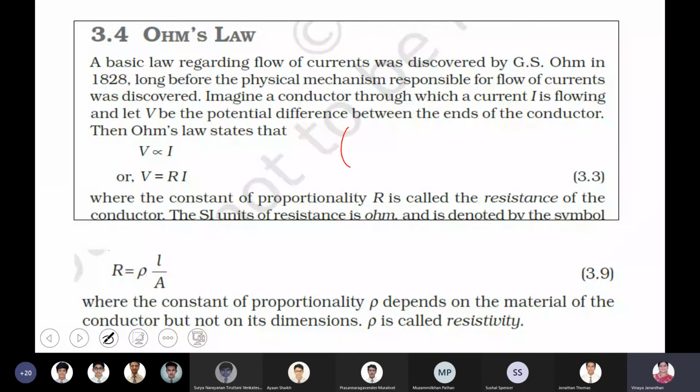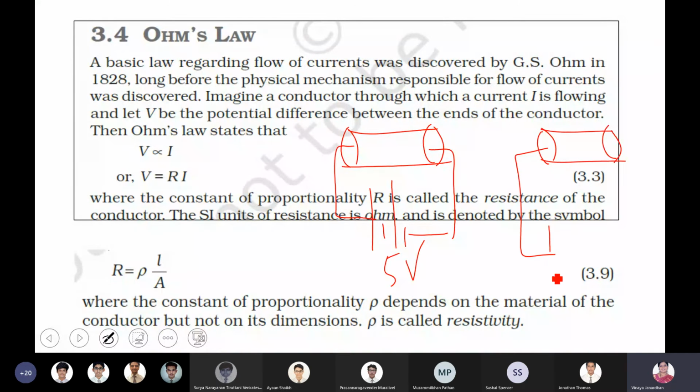Now, suppose I have a conductor which is connected to a 5-volt battery. I have another, similar conductor connected to 10 volt. This end will be at 0 volt, this end at 10 volt; 0 volt, 5 volt. In which case is the potential difference more? The second one. So here the flow of current will be more, because more electrons will be motivated to move. The more electrons, the more your current. Is that clear, boys? So the current flowing through a conductor depends upon the difference in potential.